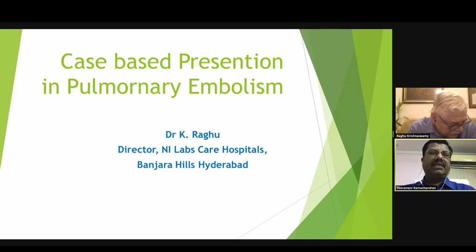What is the importance of it? Most of the cases present as an acute case, with sudden onset of chest pain, hypotension, hypoxemia, and distended neck veins. With these features, the diagnosis of pulmonary embolism is very much possible, and the differential diagnosis includes acute MI, tension pneumothorax, and pericardial tamponade. These are conditions we can differentiate with echocardiography.